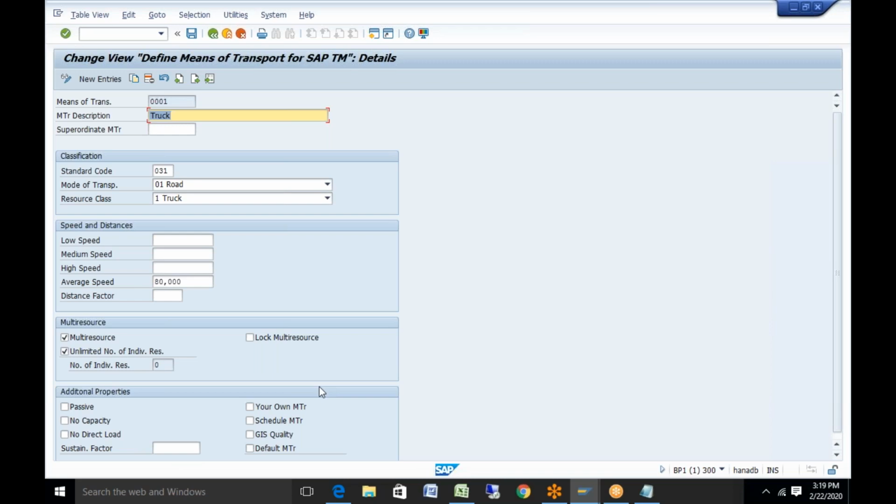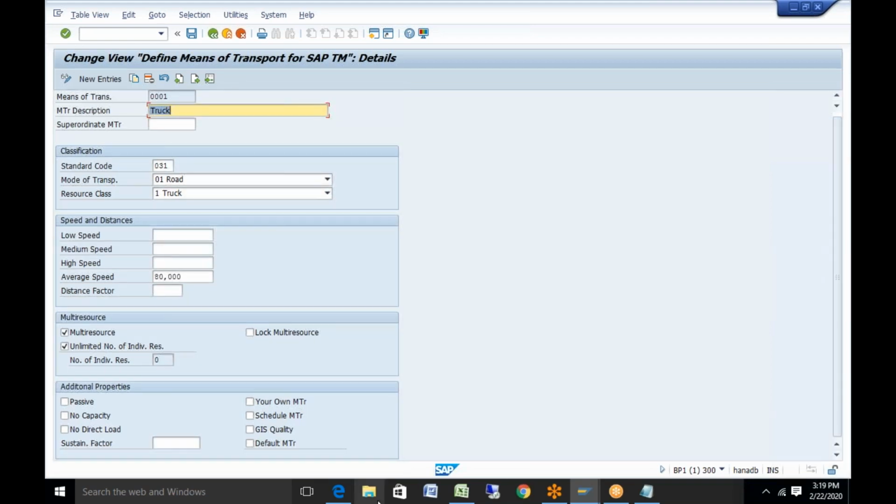And then we have the additional properties. Additional properties means basically there are 2 types of resources. One is an active resource, one is passive. If you put a check mark for this one, that means it's not an active resource, but rather a passive resource. So the passive parameter defines whether the resource is active or passive.